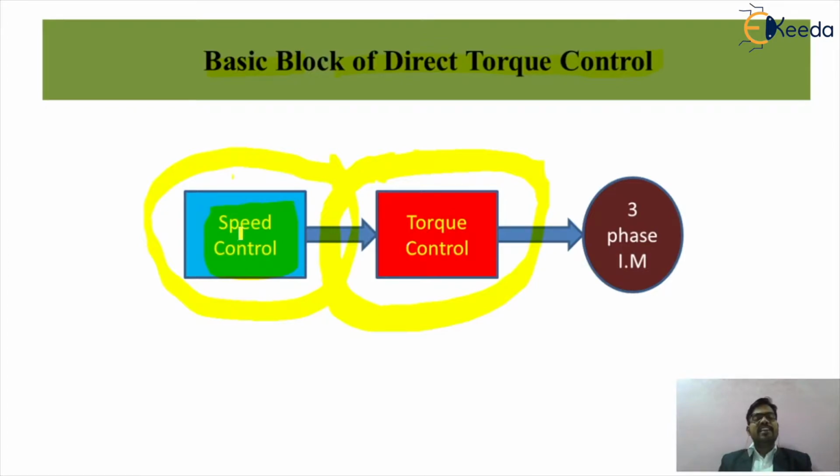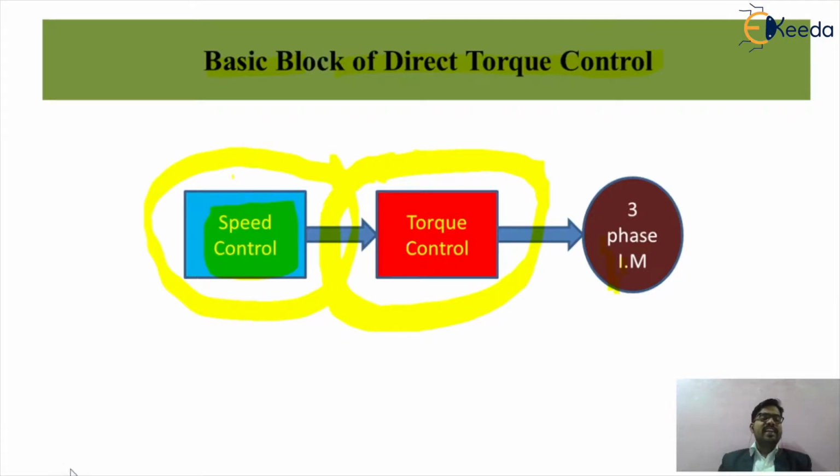After that, we get this speed quantity into the torque control loop. By means of that direct torque control loop, we directly control the value of the torque by sensing the three-phase induction motor voltage and current. By sensing the voltage and current, one can directly control the value of your induction motor's torque. Such a type of vector control technique is called direct torque control. So friends, this will be the basic block.